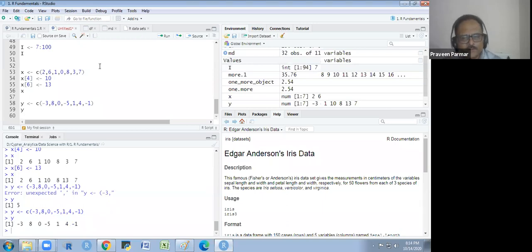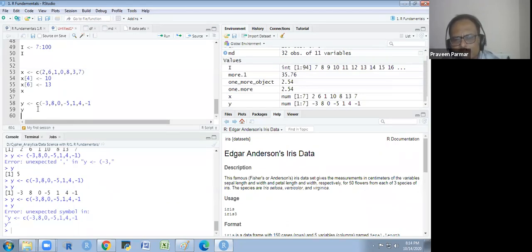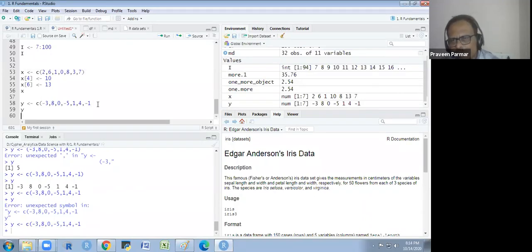One more thing which is very important, I will explain to you. Suppose I run this. You see in the console there is a plus sign. Are you getting that plus sign there? And if you try to run this, it is not running. So sometimes we run this and we get the plus sign, and the prompt sign is this, greater than. If there is no prompt sign, you can't run any command.